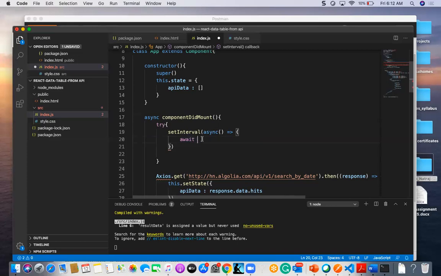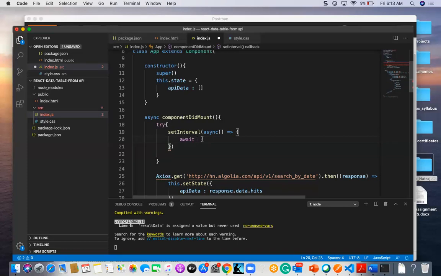All the time when there is a call, if I want to call this function when the component is loaded in an asynchronous format, it will go and call componentDidMount, and it will make it wait until the next 10 seconds, and again it will go and get the information from the API.